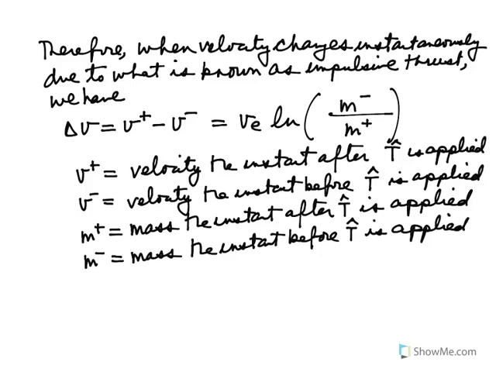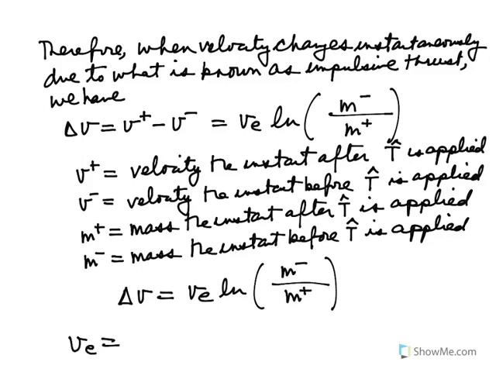So now we can actually write this as delta v is equal to ve times the natural log of m minus over m plus. And there's one last thing that is worth noting in here, which is ve,